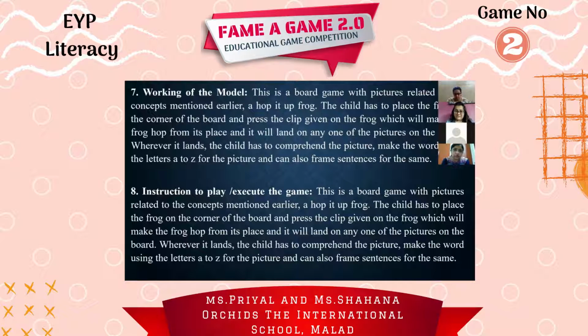After the child is successfully able to recognize the picture and make the word, he will tell me what the concept is over here. Is it initial blend, final blend, double consonant? Which concept word is this? After which the child will make a sentence using the word and the sight word. I will take you to the next slide.